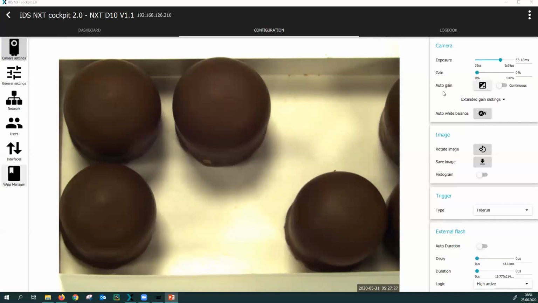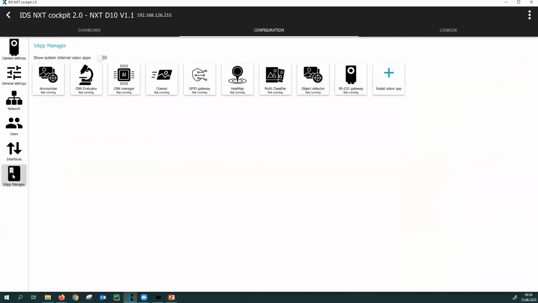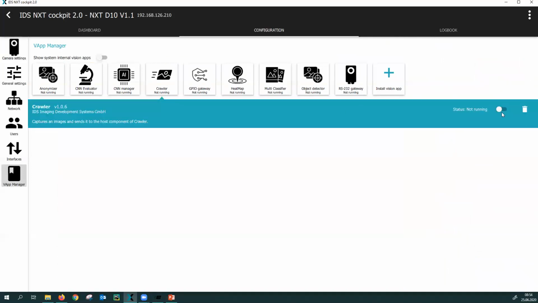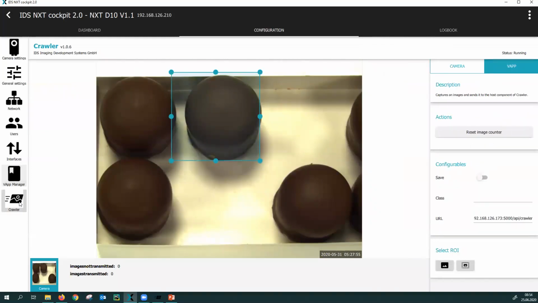So this is the cockpit, and you can set all imaging parameters here. Every option you have here is also available through the REST interface of the camera, which has been shown to you by Patrick Schick during the last seminar. What's new about this camera is it can run onboard vision apps. We have several of these, and we'll activate the crawler to acquire small training samples of images of these foam kisses.